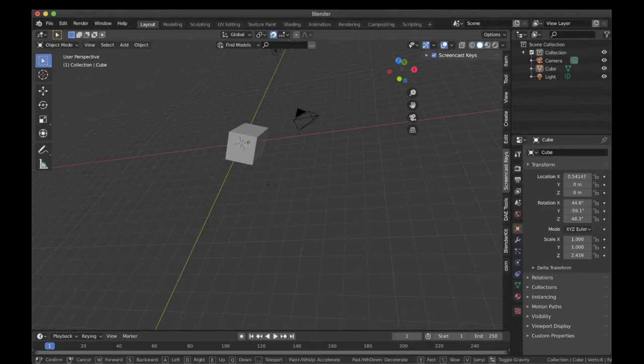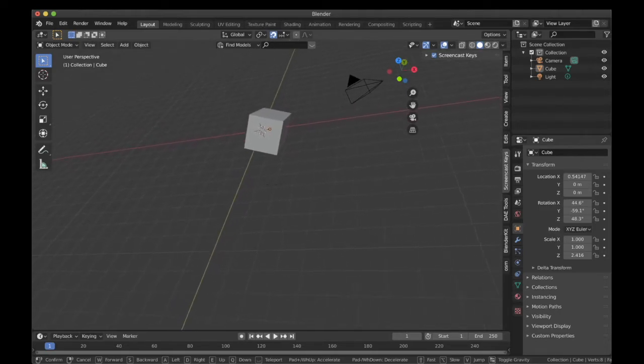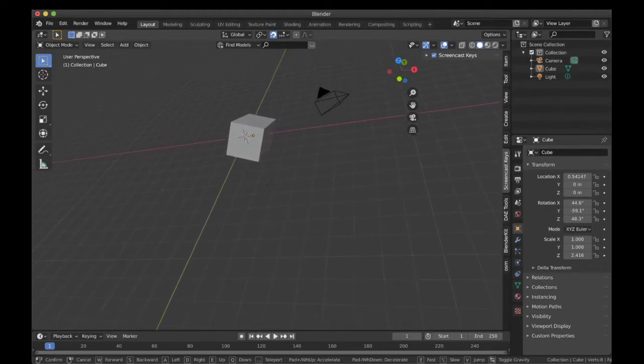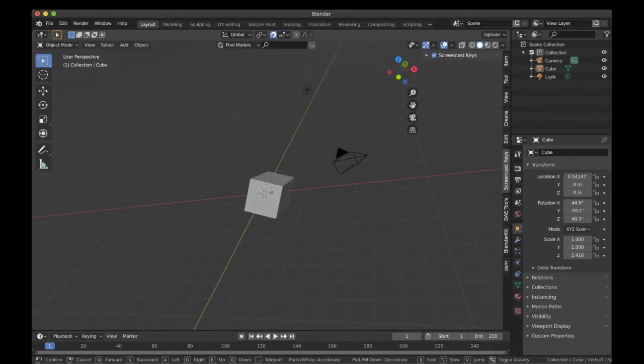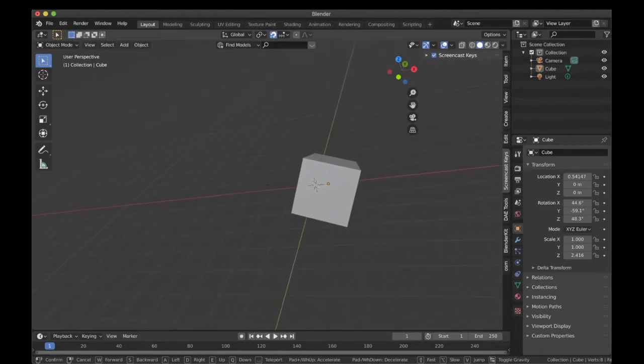WASD has the logic that W will move forward, A towards the left, D right, E will move you up and Q down. It is very easy to navigate within the viewport with this option. You can hold W and then hold A simultaneously, and you will move towards the left.